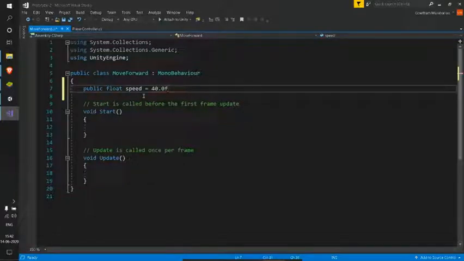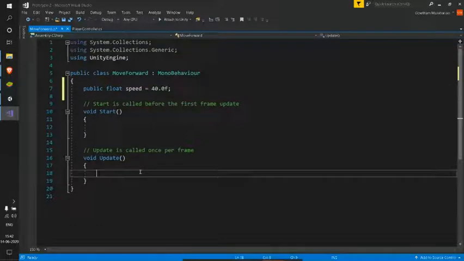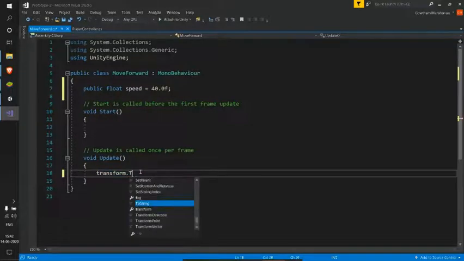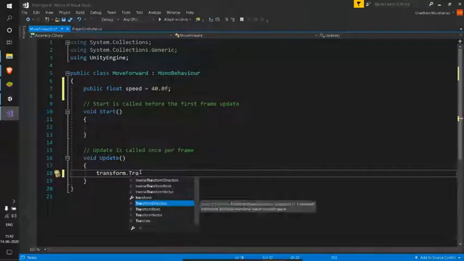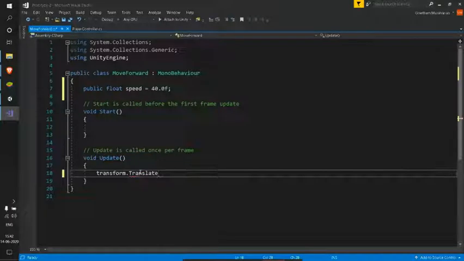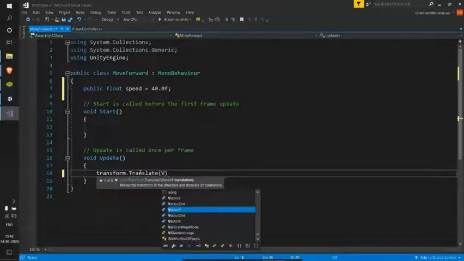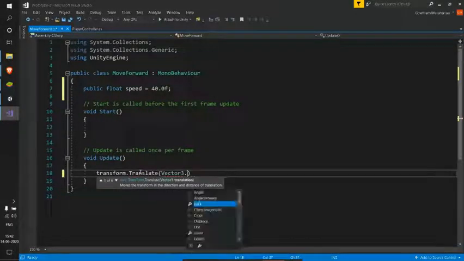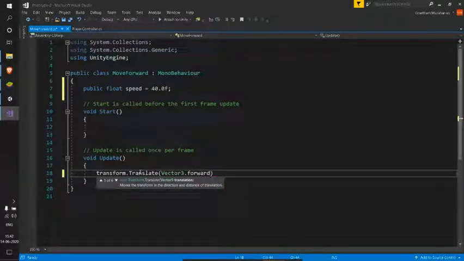Now let's write our code to move it in the forward direction. Let's use our transform.Translate method again. And this time, as we want to move our game object forward, let's use Vector3.forward.